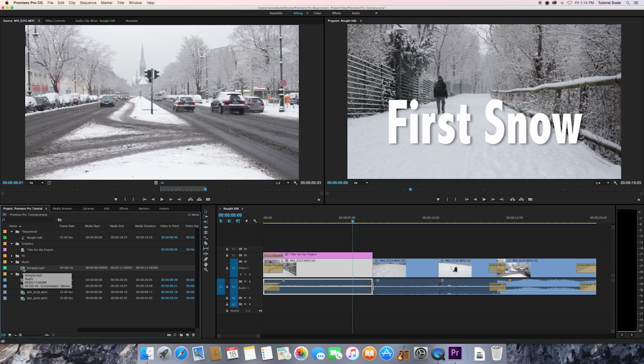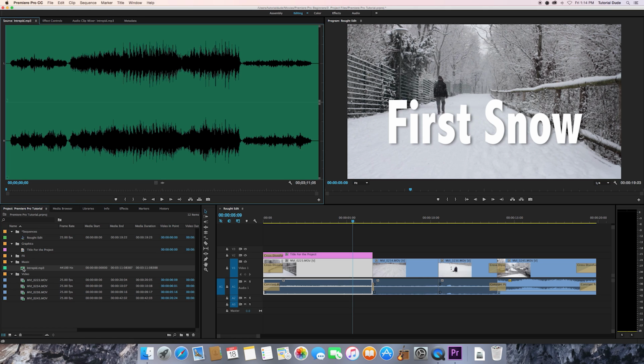So I have this song here. This is going to be another example of, I want to load this up, and we see in the waveform that the song doesn't actually start until this point in the file, and I don't want those 2 seconds of silence at the beginning, so I'm going to hit I here to make the in point, and if we play from this point, we hear this music,